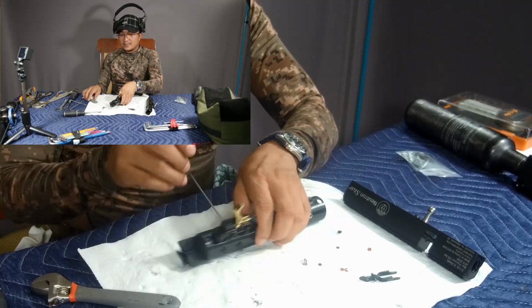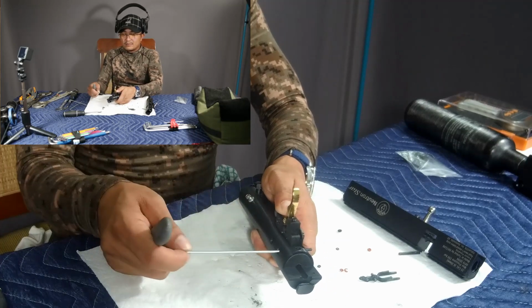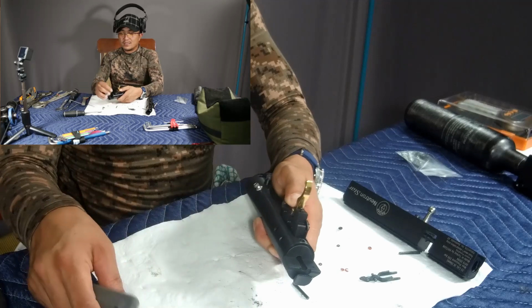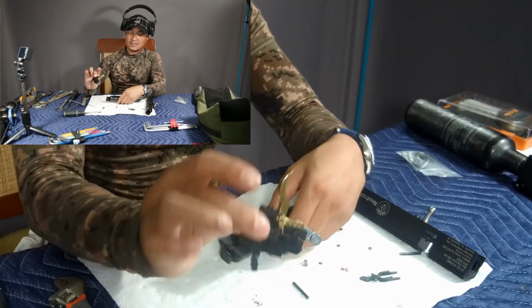Okay, and it should pop out, okay, like that. Being very careful where it flies. So just a little bit of push, a little bit of tap, and this is basically it, okay? And when you take this out, this